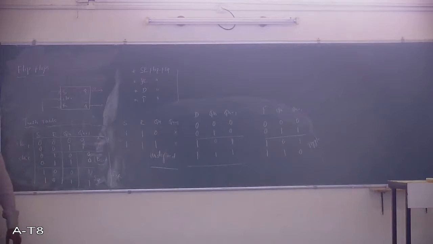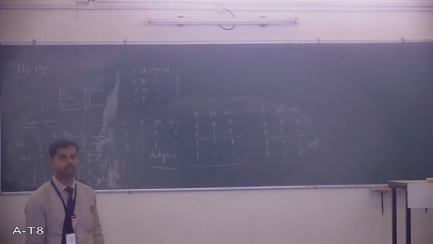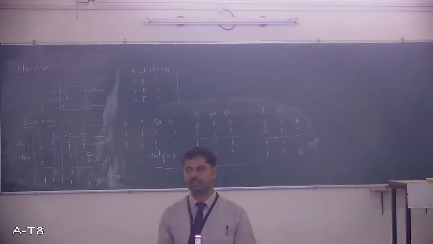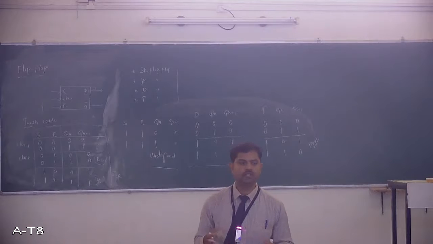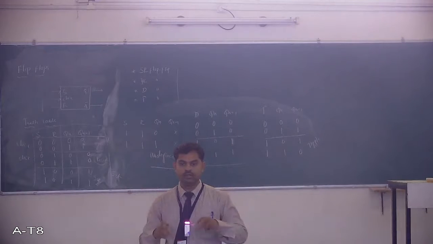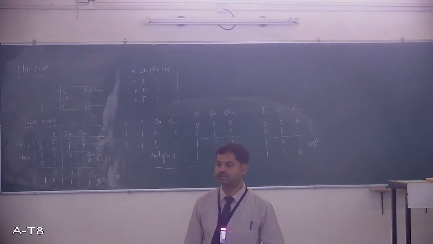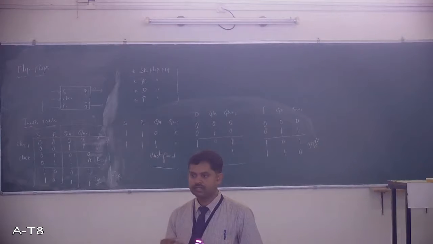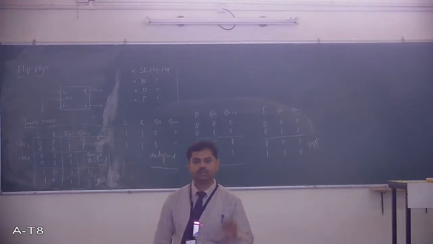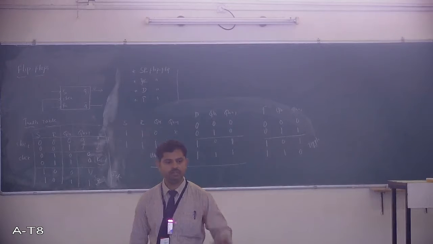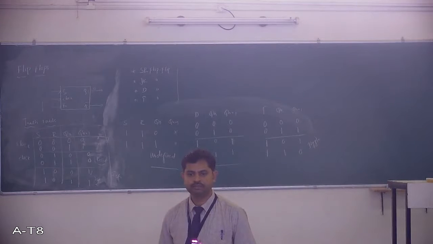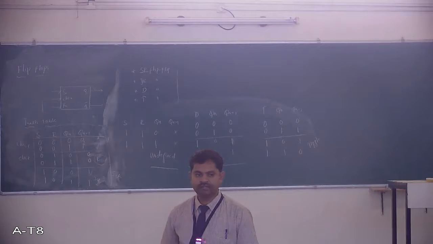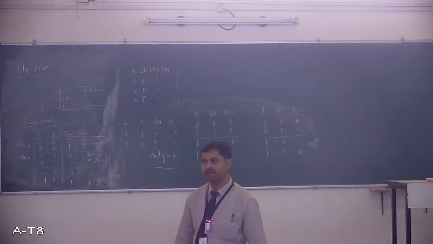This is about the truth table of SR flip-flop. Just block level representation; inside, there is gate level logic. We'll study it. Now understand only this much. A flip-flop is a sequential circuit. Its function is to store the binary bits. You can call it a memory element. A flip-flop is basically a memory element which will store a single bit of information. And you have different types: SR, JK, T and D.